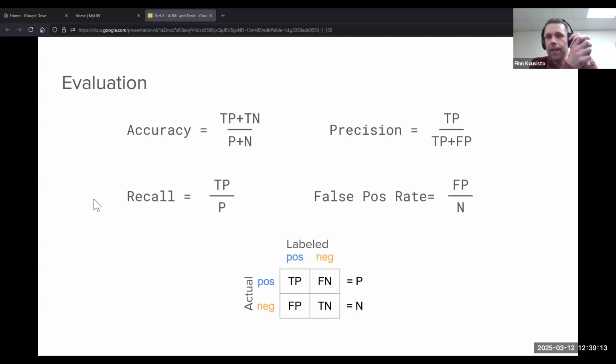This is important for things like cancer predictions. You don't want to miss cancer. So I don't know, you're building some model and it's trying to predict cancer in some patient. You want to have really high recall, probably, I would guess. So you want your model to capture all of the